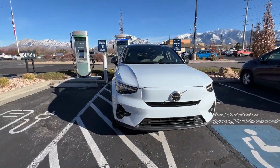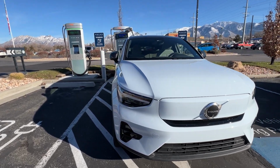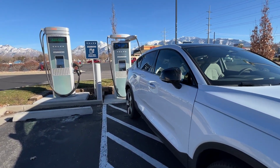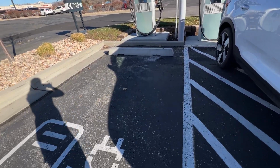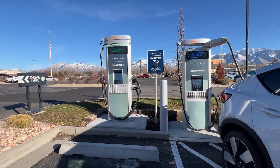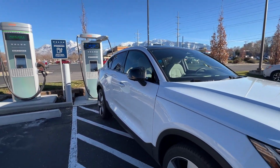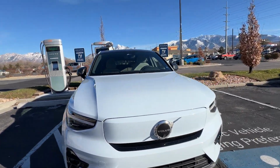All right, I think I have found the first potential hiccup in the drive that I would like to talk about. And it's not even really a hiccup, it's not a problem. But we are in Sandy, Utah at a charging station. And this spot right here is very perfectly positioned to fit with this charging station, but this is not. And so as you can see, I had to cheat a little bit to be able to get the plug